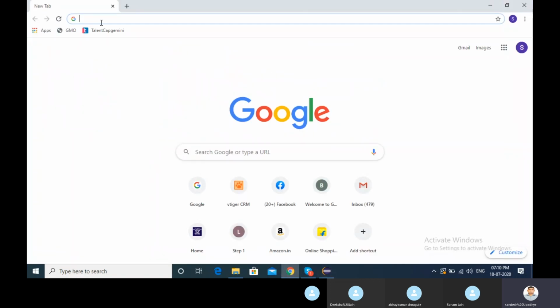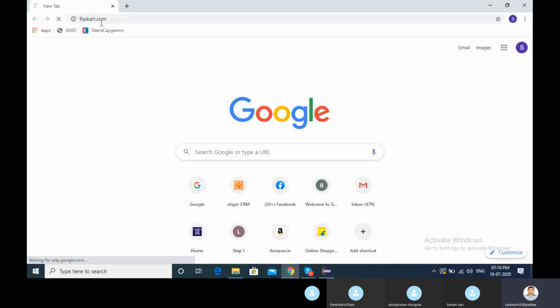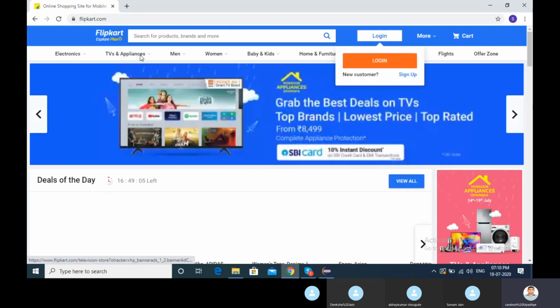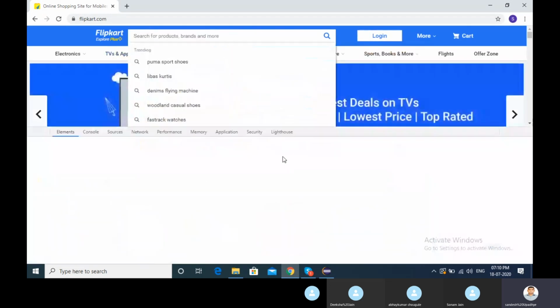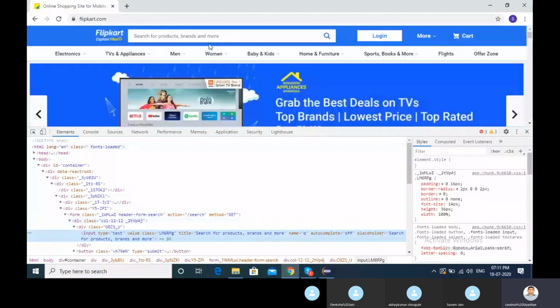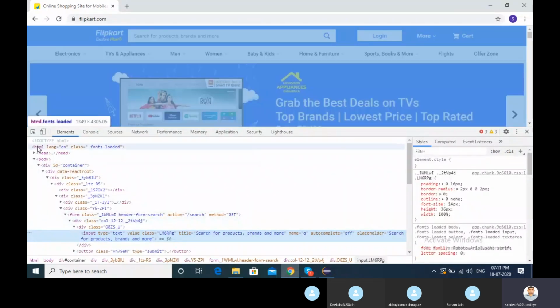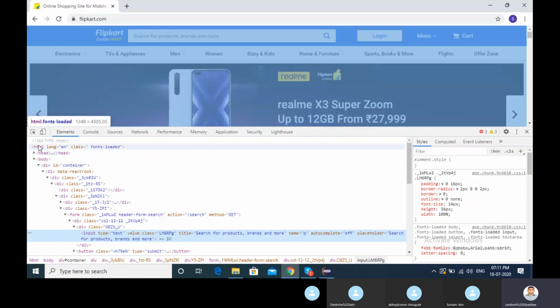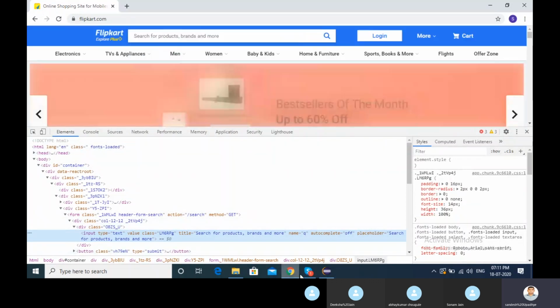Whatever the HTML we have, let's say Flipkart, that is the absolute path. If I inspect any object, the XPath is taken from the parent node, the starting node itself.